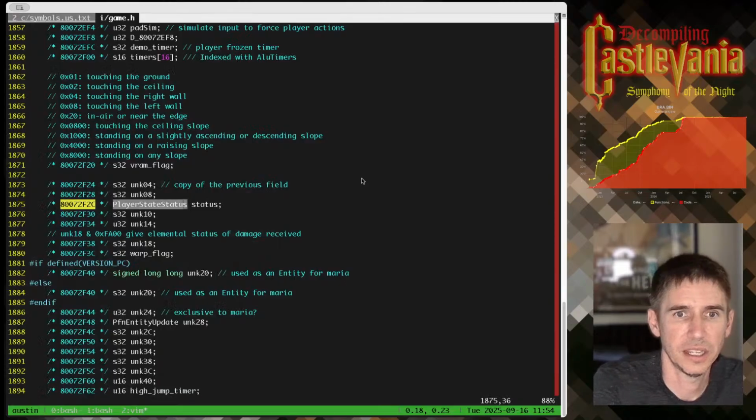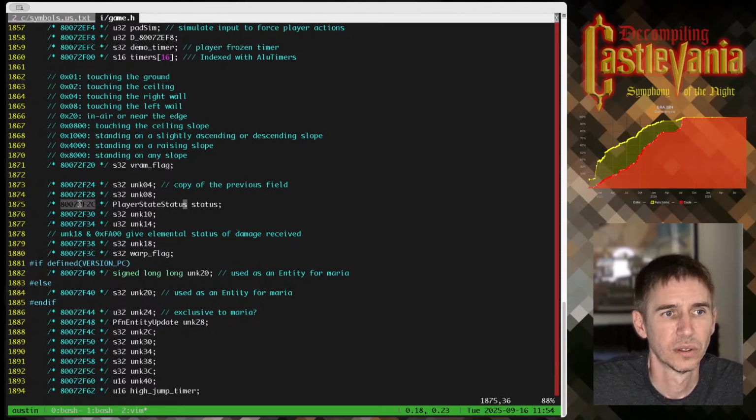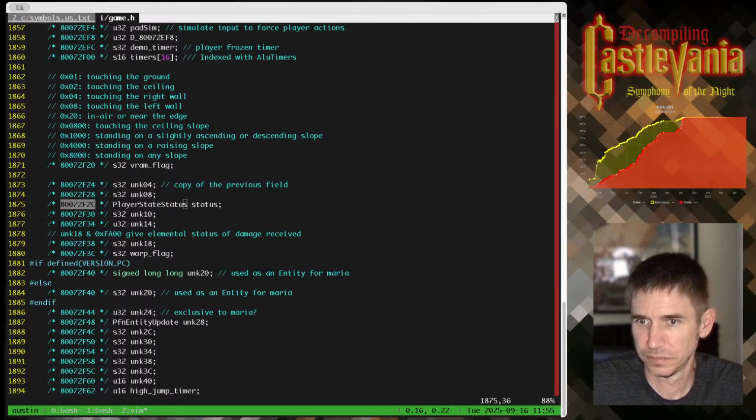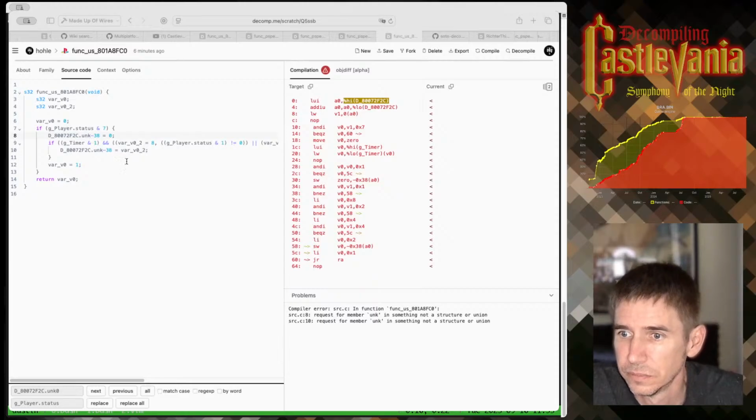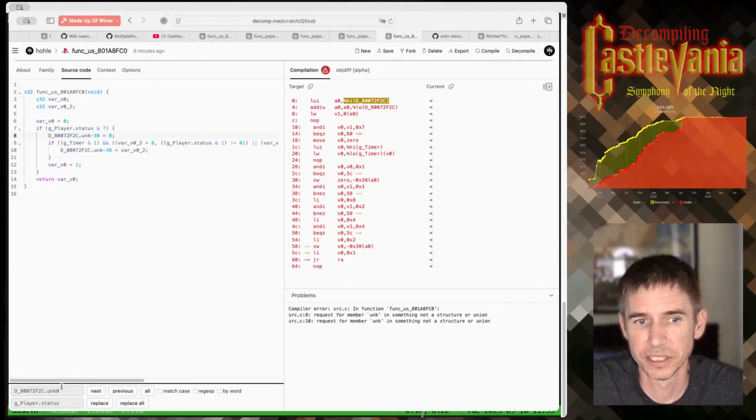And then negative 38 from there is going to be our F2, 2F2C address. Get my calculator. And subtract 38. And that gets us to EF4, which is pad sim. Yeah, only replacing the unknown 0 field.